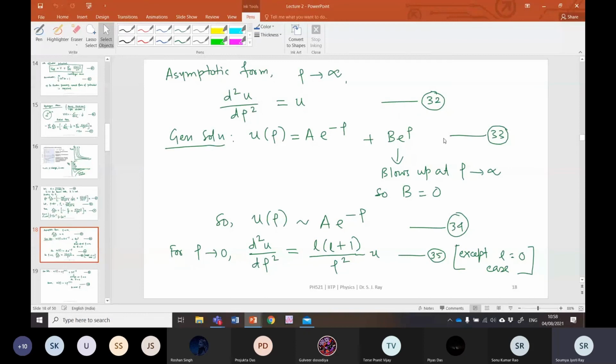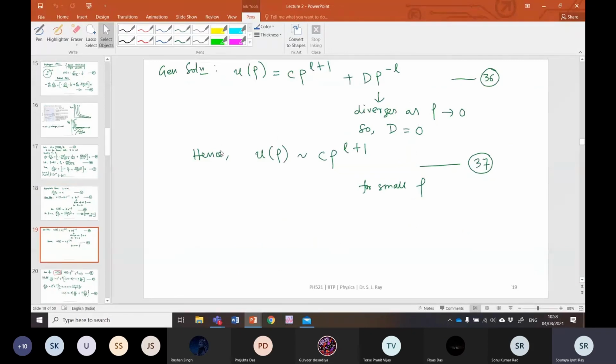On the other hand, when rho goes to 0, the rho to the power minus L term cannot be present. At the same time, we saw which terms can stay: rho to the power L plus 1 can stay,